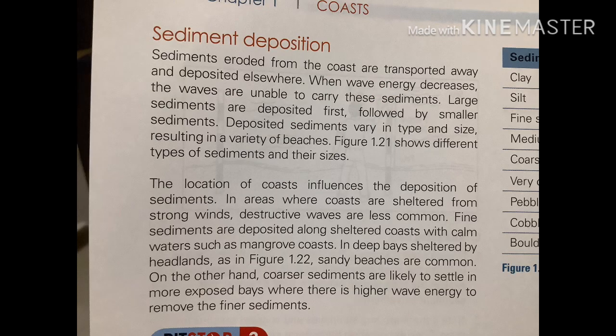Now after you erode and you transport, the final bit of course is deposition. So when wave energy decreases sufficiently, the waves are unable to carry the sediments and it will start depositing them. Now what type of sediments are deposited first? Large sediments, because they are the ones that are heaviest. Once the wave starts losing energy, it's no longer able to carry these large particles, so large particles are always